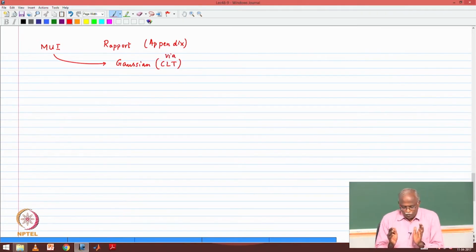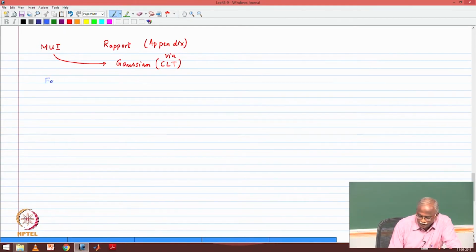And so, what we would like to understand today is how this multi-user interference is going to affect the performance of my system, and what some of the aspects are. Here is the way we would like to understand it. Supposing we were given the bit transmitted by user 1, that is, given B1, the expected value of y, the decision statistic, given B1,